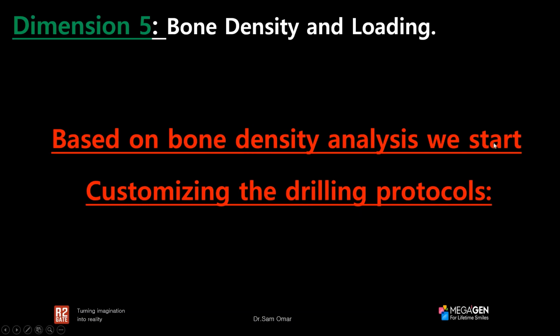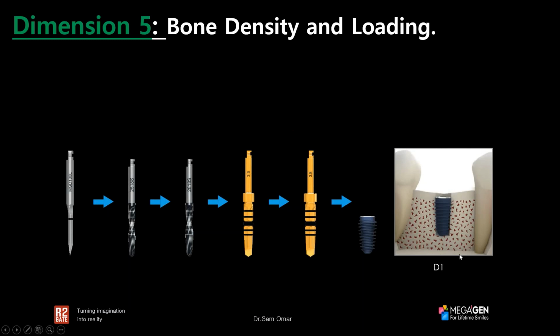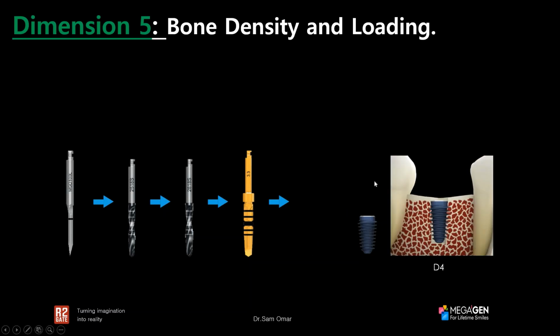Now, based on the bone density analysis, we start to customize the drilling protocol. And this is what we do in the digital eye technology: after we know what the bone density is, we start to customize our drilling protocols. So in cases where we have D1 dense bone, this is a 4mm implant, and for my 4.0mm implant, my final drill will be 3.8 millimeters, since this is going to be D1 bone. On the other hand, if I place the same size implant in D4 bone, what we usually do is we skip a drill just to make sure that we'll get good primary stability,